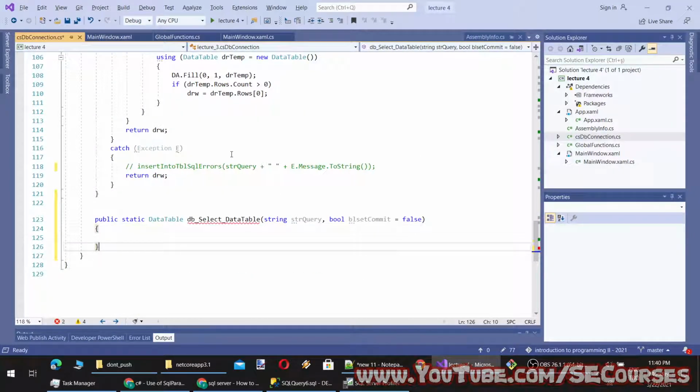However, there will be a difference. What will be the difference? This time it will be db select, or let's name it db parameterized. Okay, let's call it parameterized select. Now, obviously, we cannot execute this with just query and